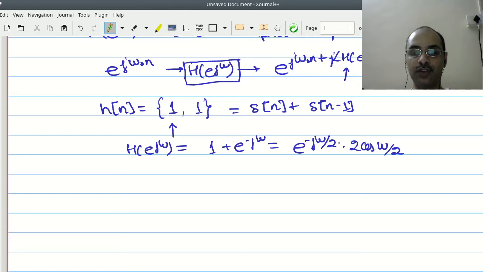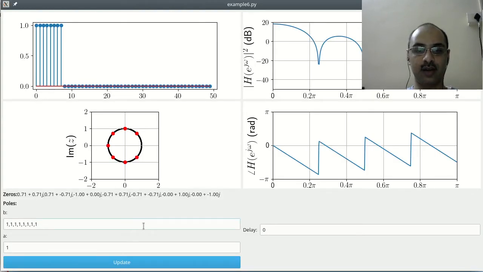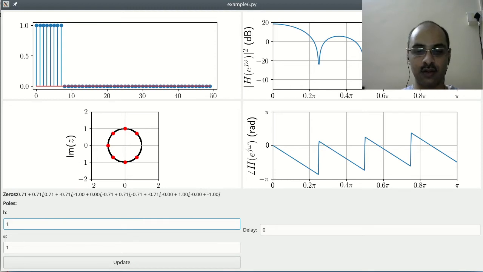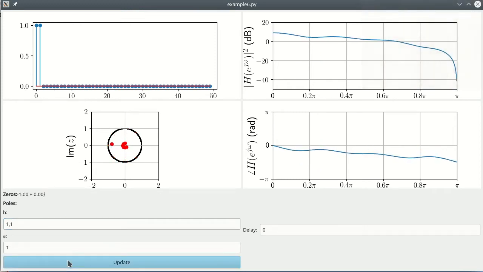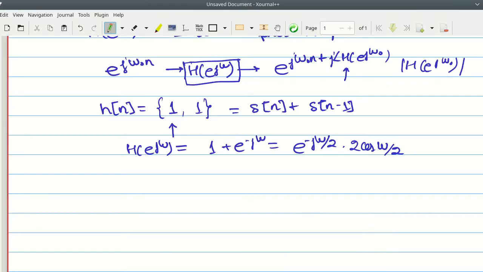If you want to visualize this, of course I can sketch it, but I would rather just show you here using the tool which I mentioned, for 1 1. If you look at the phase response and magnitude response, the magnitude response looks like a low pass filter, it has a 0 at pi. The phase response shows this linear kind of shift and keeps going downward. We will actually inspect why that is the case.